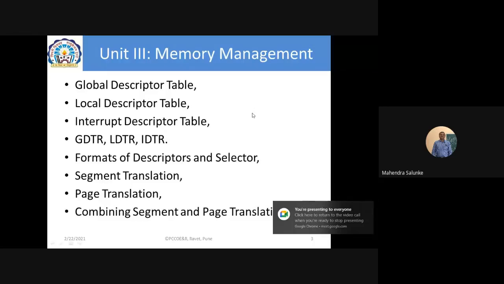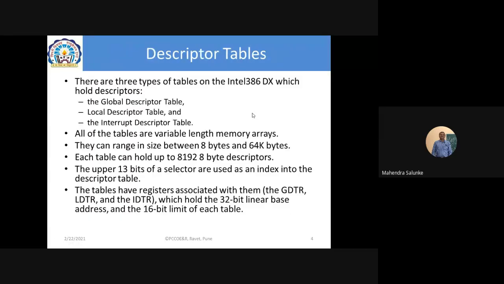We were talking about the three types of tables which are present in the 80386 system, right? The global descriptor table, local descriptor table, and interrupt descriptor table. And at that time, I was talking about the memory structure. It was a very detailed discussion that we had in the last session, and it was not really part of our syllabus, but to understand how data structures are basically seen by the programmer, I tried to visualize it in front of you on the board.